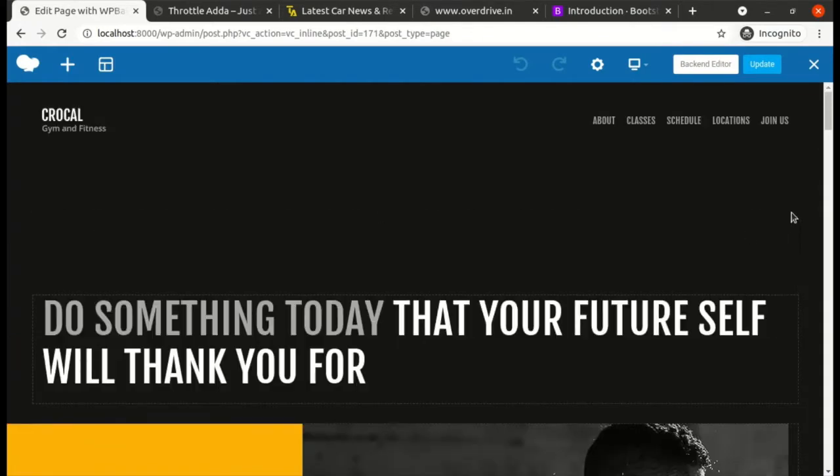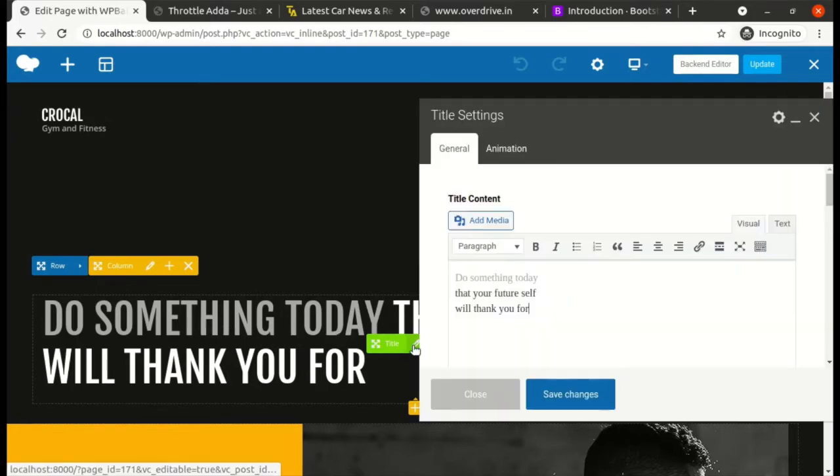Okay, so this is the front end editor. Now you can do the same thing that you can do in the backend editor in the previous step in the front end editor, but the advantage over here for people who like to build UI, seeing the UI, how it is reflecting, you can click, see this is the entire title, you can click on edit, the same option that you can see in the backend editor. You'll again get this window.